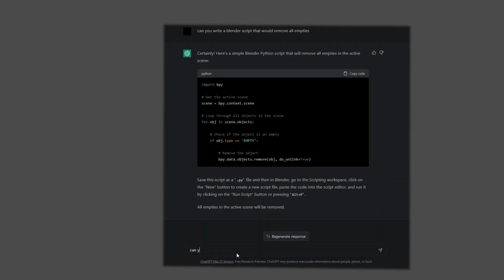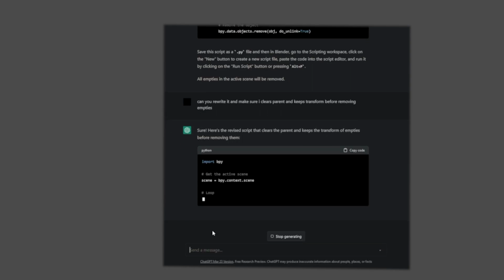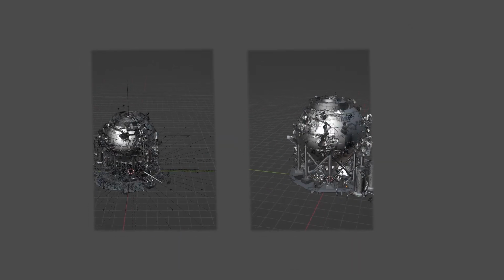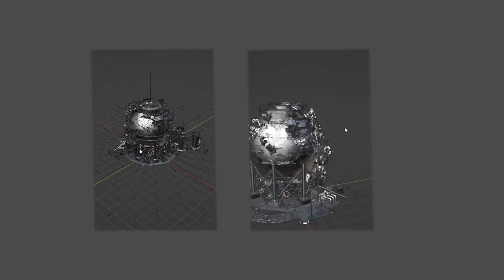Welcome to eShip. I'm excited to share with you today how ChatGPT has helped me streamline my workflow in Blender. By leveraging the power of ChatGPT, I've been able to optimize my creative process and achieve better results in less